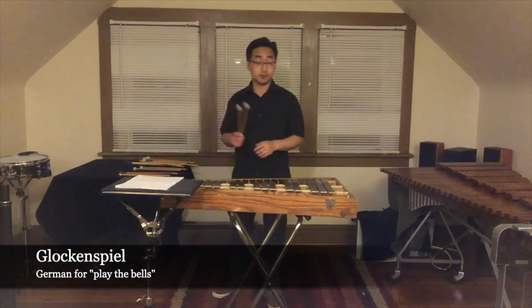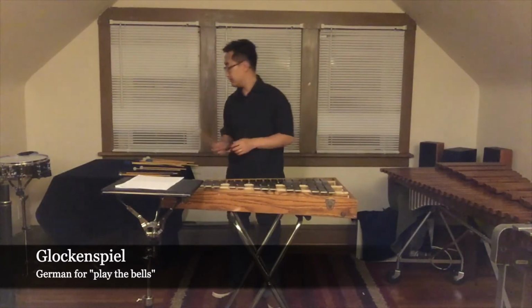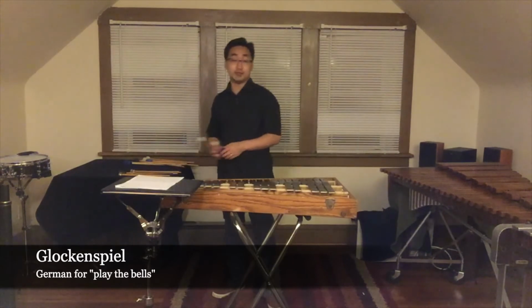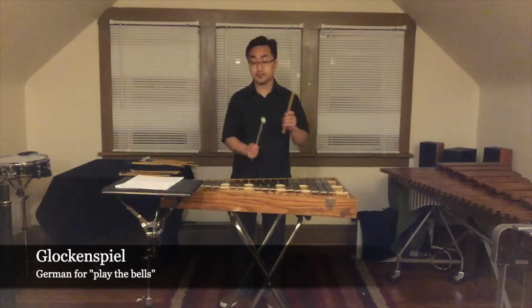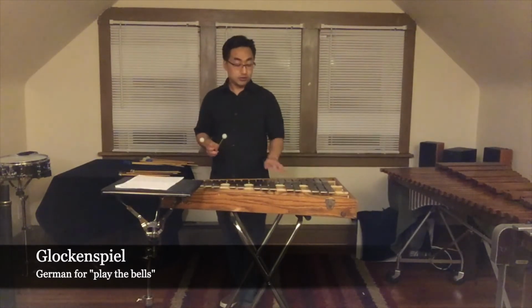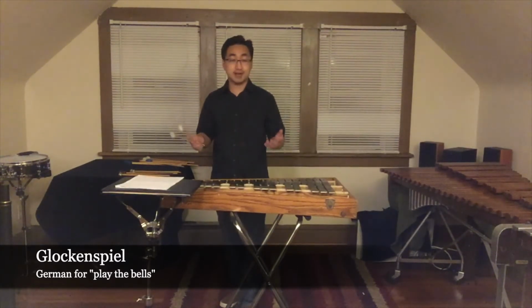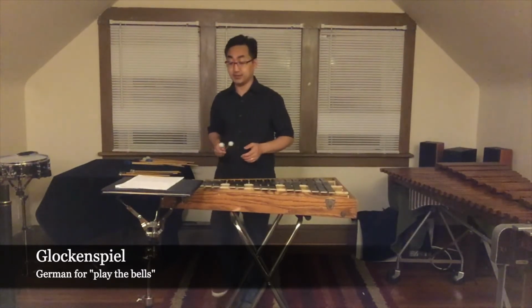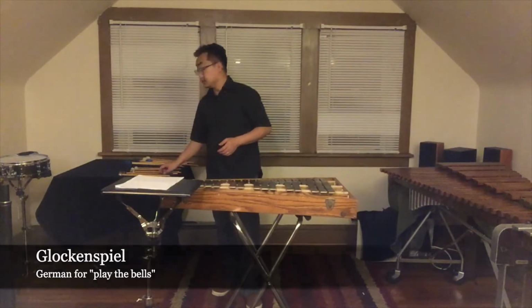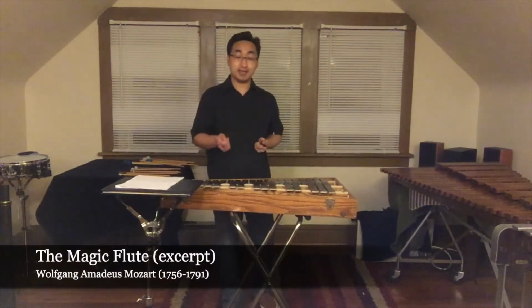Here's the softer plastic. And finally, the softest one I have here is rubber. So we can create all sorts of sounds and feelings during the music just based on the mallet that we decide to use. So to show you how the Glockenspiel sounds, I'd like to play for you an excerpt from